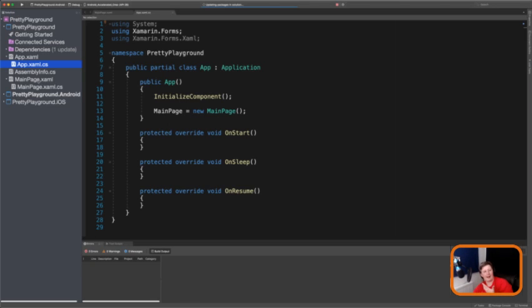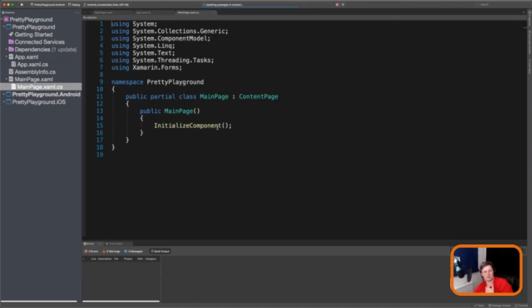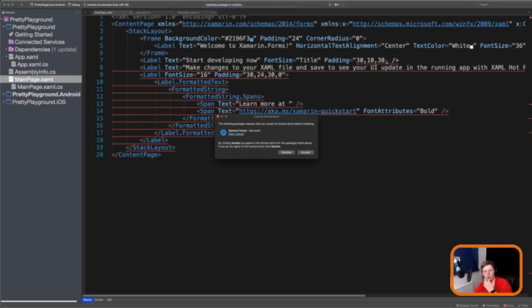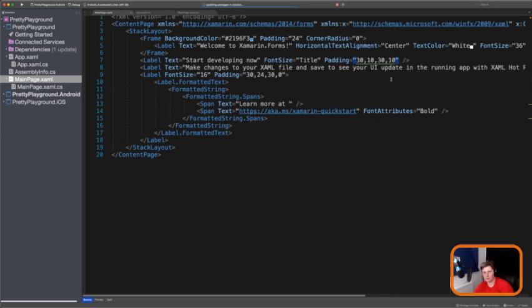So if you want to access stuff in the code behind, like here, you could just write stuff in here. So if any of the components have names, you can set a name on them. That's common because once you start to get into more complicated apps, deleted too much. There we go. So yeah, you can access it in code behind, but normally